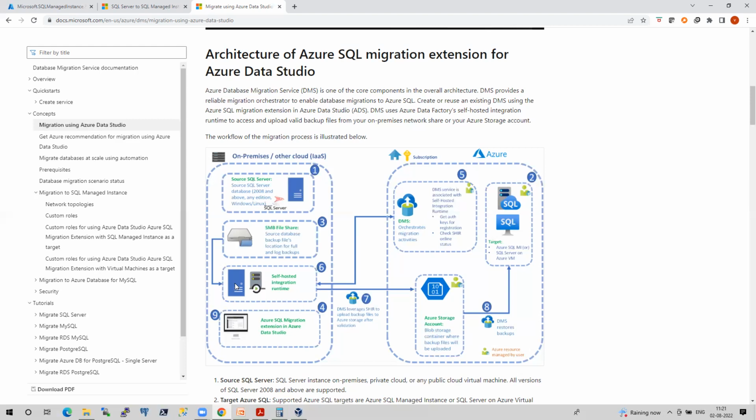Okay, so this migration that I'm going to show you is end to end. If you learn this migration approach, whatever the scenario is in real time at your offices, you will crack it very easily. I'm going to show you end to end with offline from Azure Data Studio, and DMS offline and online. And imagine a scenario, guys, where you don't have site-to-site connectivity from on-prem to Azure, and still you want to migrate your databases. Would it be possible?